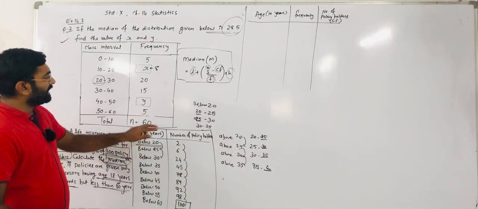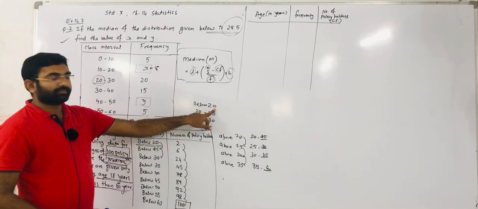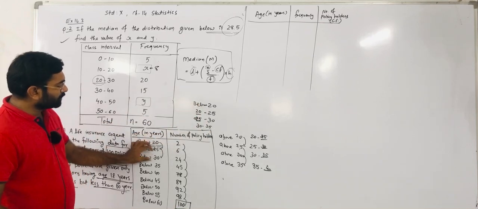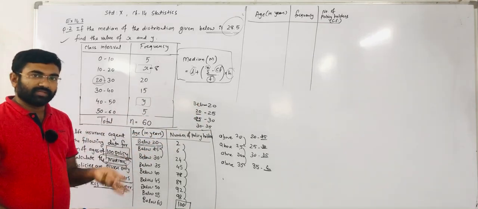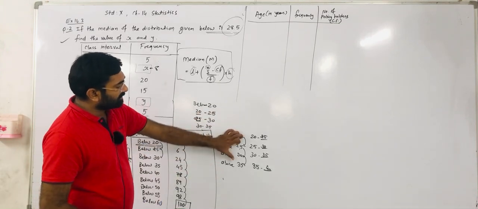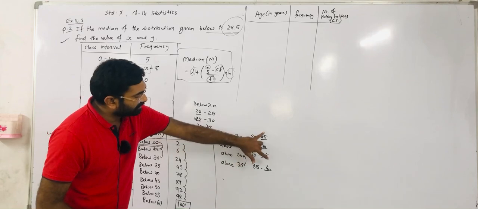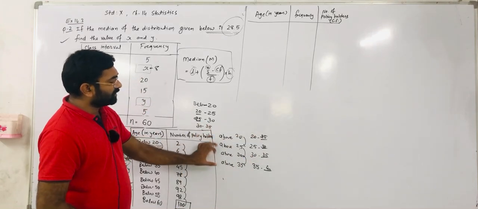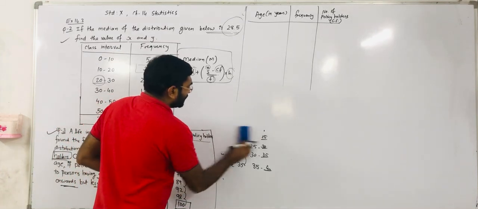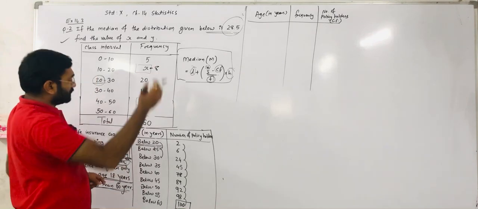Whenever a below limit is written, whatever number is given you have to consider as the upper limit. Upper limit you have to consider, and the lower limit you have to put according to the difference of two consecutive classes. Same way, whenever above is given, whatever number is given you have to consider as the lower limit, that number. Then the upper limit you have to decide according to the two consecutive class difference. Okay. So that way we have to make all the classes in group form.